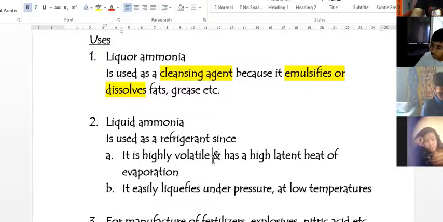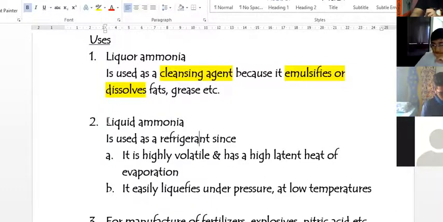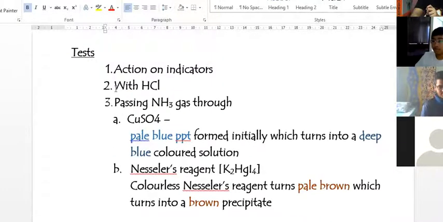And the last point is that it is used as a reactant in the manufacture of fertilizers, explosives, nitric acid, etc. You'll be studying this in detail in the next chapter, nitric acid, that is how it is used in the preparation of nitric acid. So these are the uses of ammonia. You have to study the first and the second point very clearly, because this will come as a give reason question in your board exams. I will just show you one more video, the reaction of hydrogen chloride and ammonia, and we'll conclude today's class.